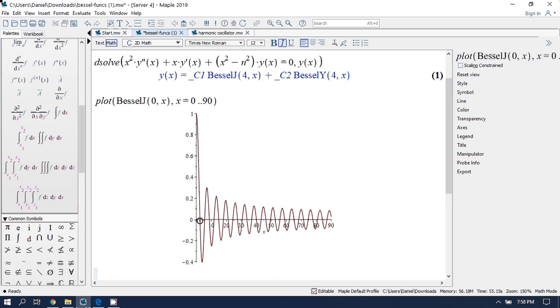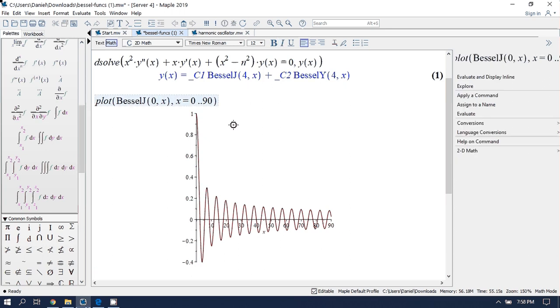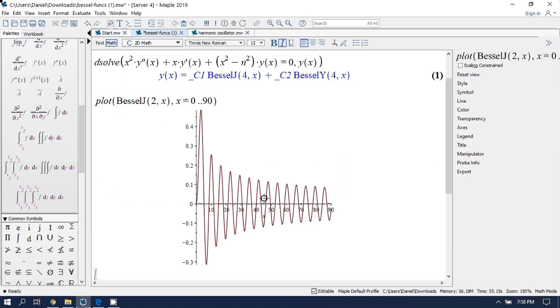They will be denoted, as you will see in the lecture, as alpha 1, alpha 2, alpha 3, and so on and so forth. Again, these roots are not the same for various Bessel functions. For example, if I change the order, say Bessel function of order 2, these zeros will be different from when n was 0 or 1, but in all cases you will have infinitely many zeros